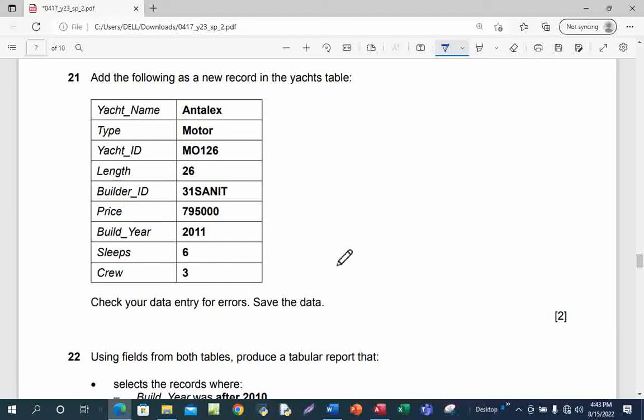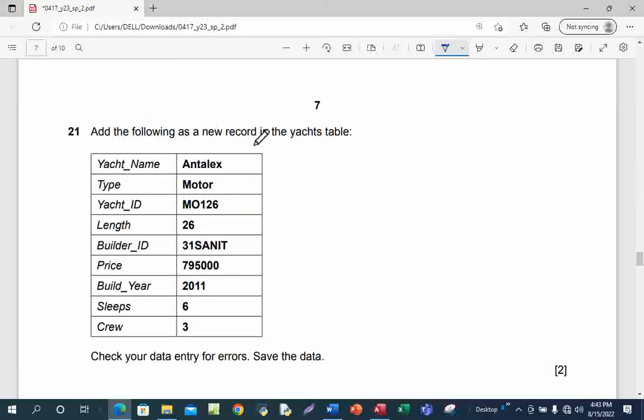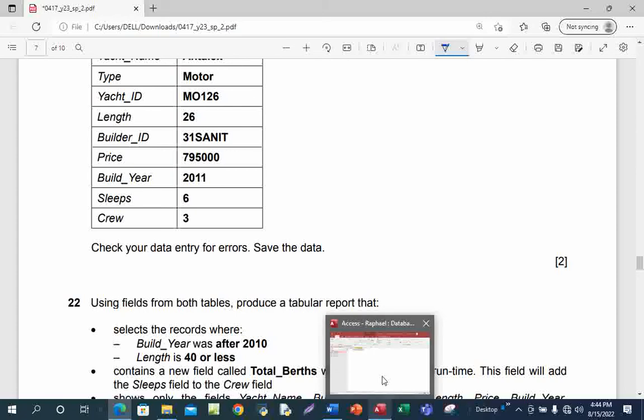Now step 21. Add the following as a new record in the yacht table. In another question, they may ask you to use a data entry form for adding a new record. But in this question, you are adding it directly. It said add the following as a new record in the yacht table. So what we are going to do now, we go back to the yacht table,